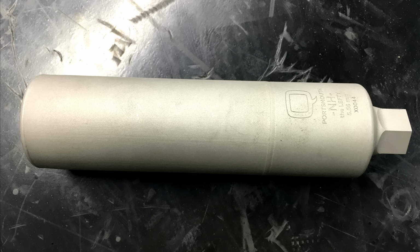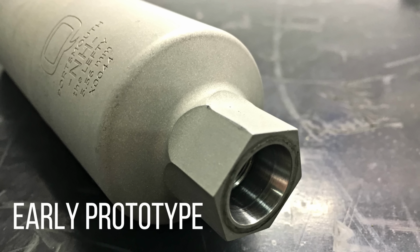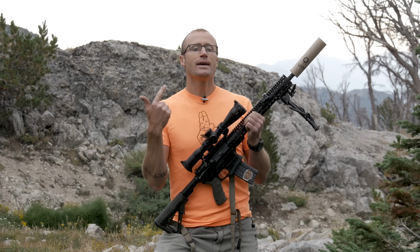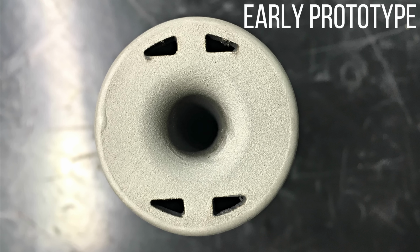Basically made to reduce the sound signature to something manageable. You're going to be running comms, you want to still be able to communicate, so you don't need to be deaf and blasting off rounds in a 416. But on top of that, by reducing that back pressure, we also are reducing the cyclic rate of the 416. In addition to that, we're reducing all that blowback and gas coming back in the face of the operator. Pretty handy. The way these feats of engineering were achieved: one, using a larger bore aperture at the front, and